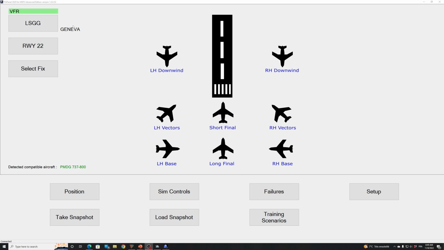Here we go. Geneva has been detected by FSiPanel, and as you can see now we are VFR. No surprise, beautiful weather outside. The PMDG 737 has been detected. So now to access the new feature, just go to select my airport, or let's go to Geneva, there on